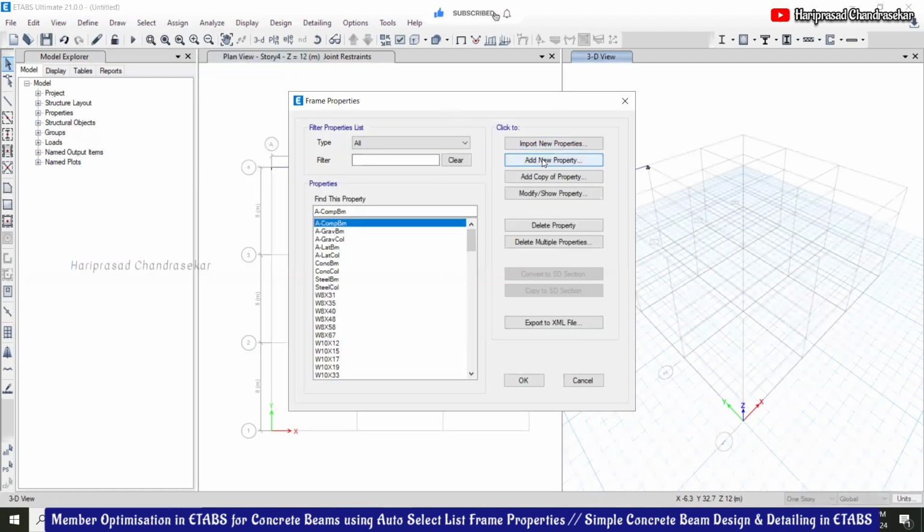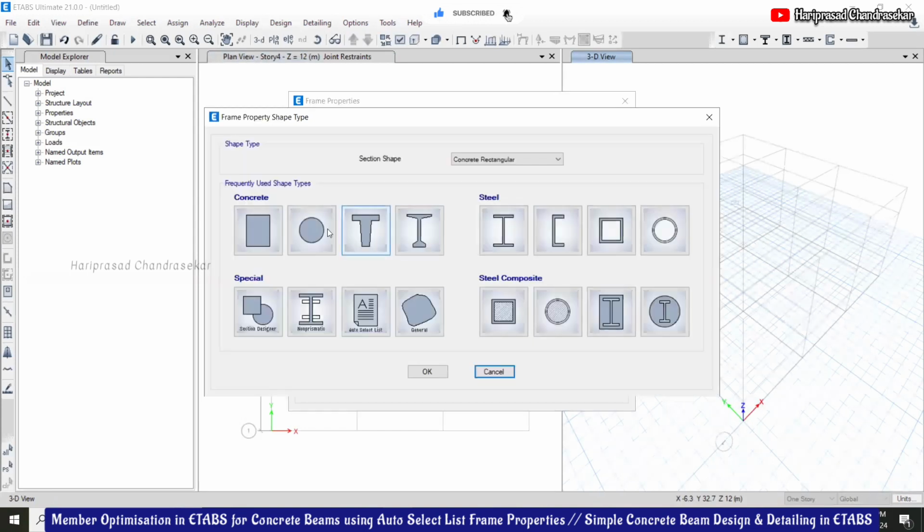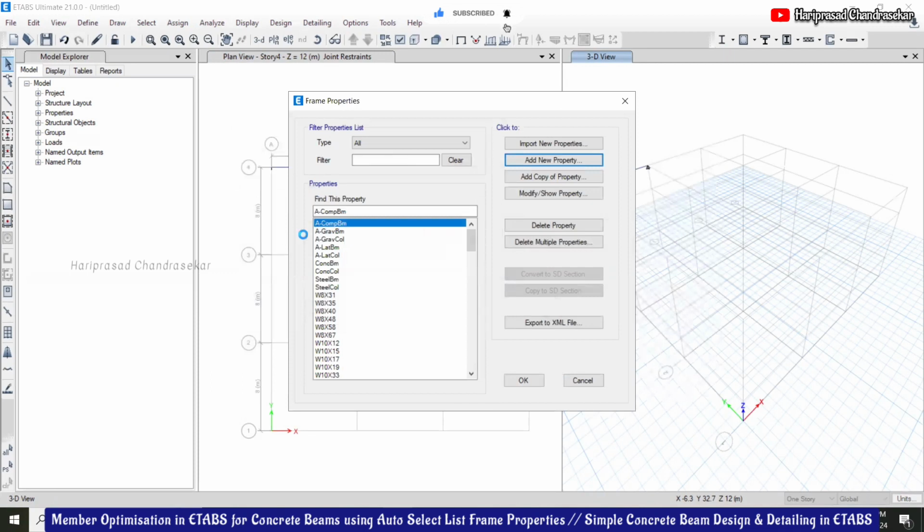Now I'm going for add new property as usual, but this time I'm not going to continue with the rectangle. I'm going to use auto select list. But for that auto select list, we must consider so many rectangular things, so I will create those first.